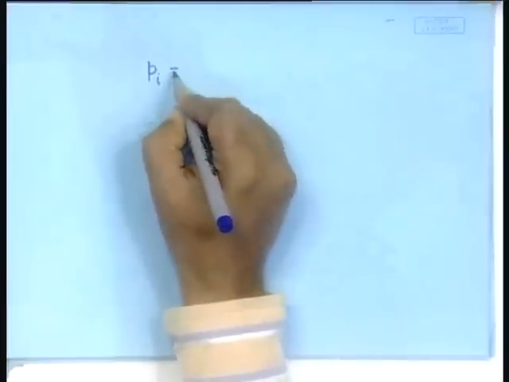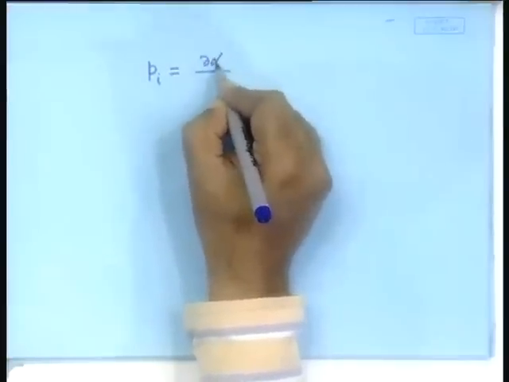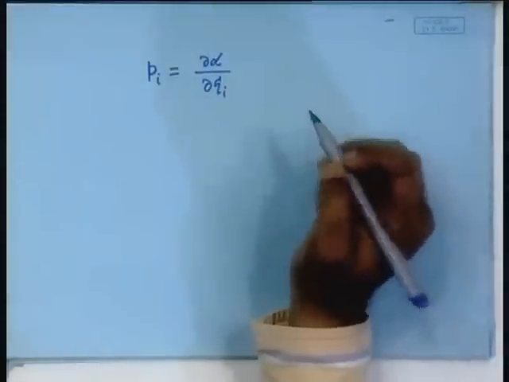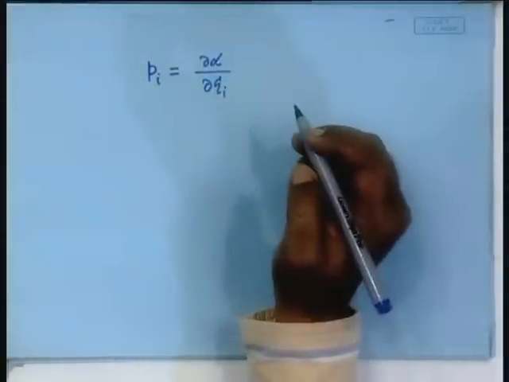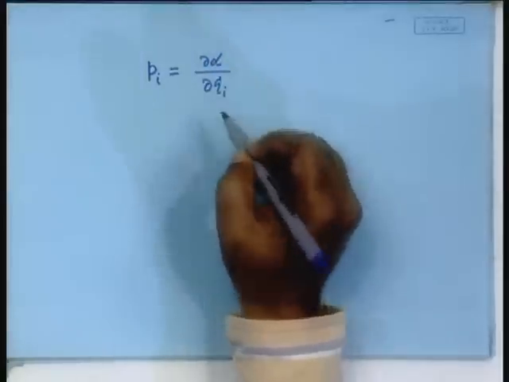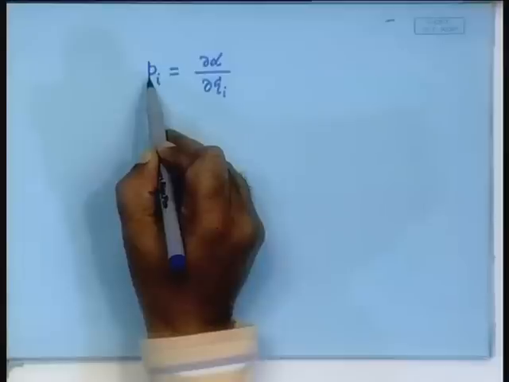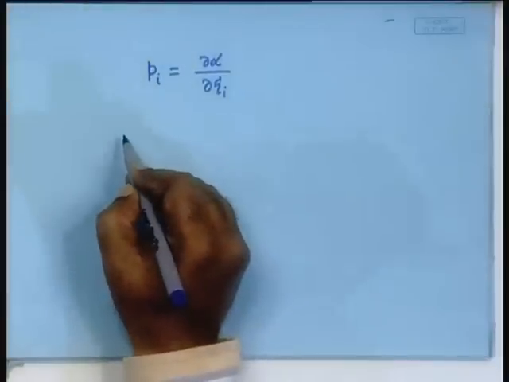Towards the end of yesterday's class, we learned one basic mechanism of deriving the first order differential equation, and we said that we will define the new set of coordinates as p_i, which will be the derivative of the Lagrangian function with respect to q_i dot. That is how we defined it, and then if you define this, the time derivative of this term is nothing but p_i dot. So, your Lagrangian equation becomes